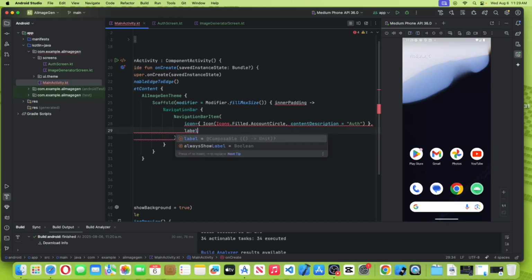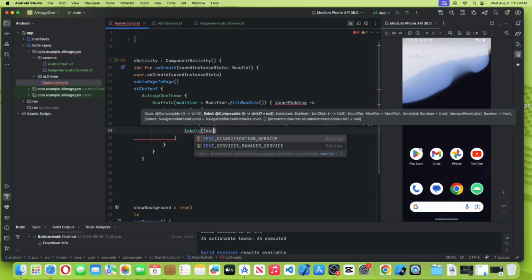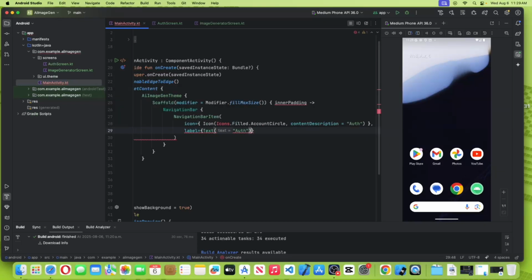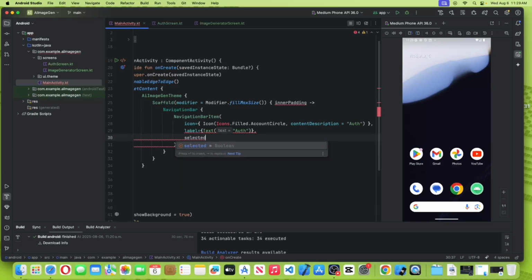Label, which is text of false, selected,